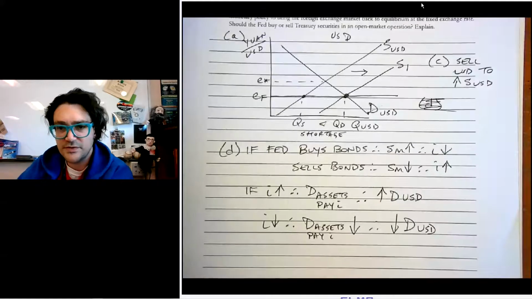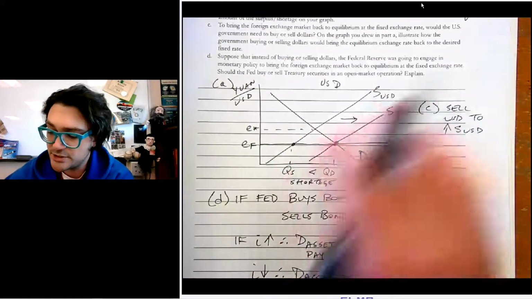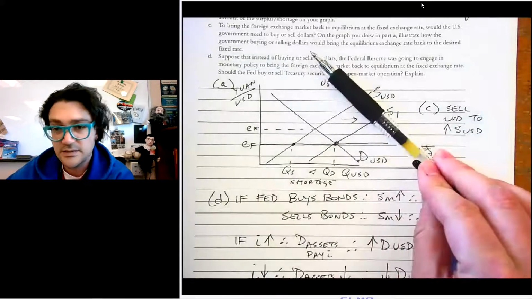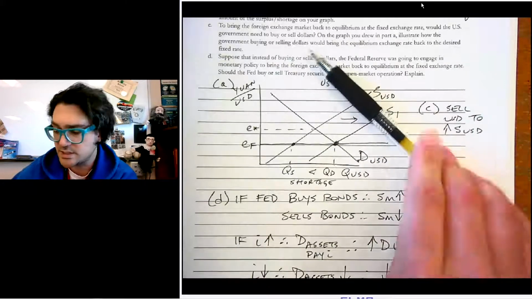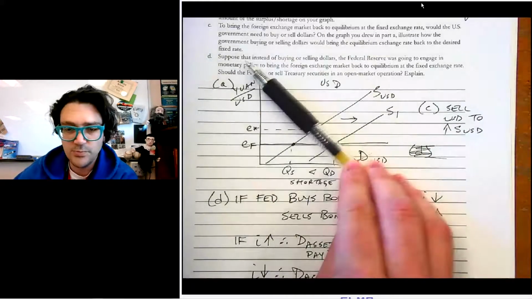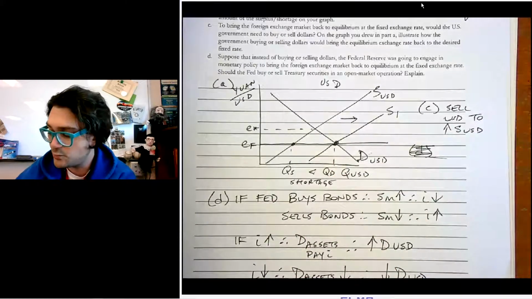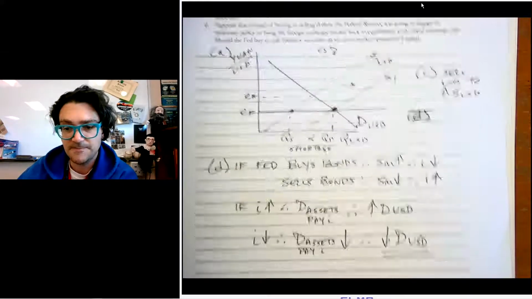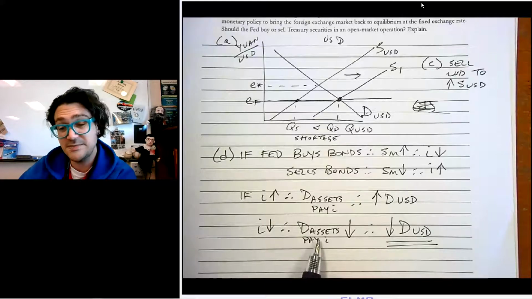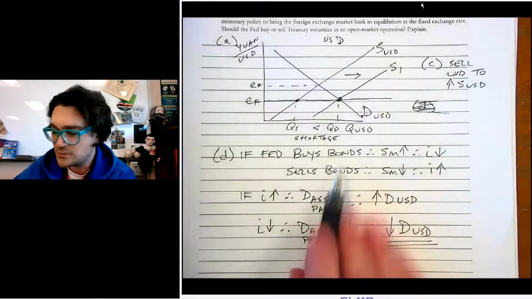And so we're looking at this and asking which of these would solve that initial problem. Imagine that supply curve wasn't there. Well, if we push the demand curve and increase it, then it makes the problem worse. It makes the shortage worse. But if we reduce the demand, then it can solve that problem. If we go right back down to here, it'll solve the issue of the shortage. So we want demand to decrease. Sorry, I underlined that. We want demand to decrease for the US dollar, which means we need the demand for assets to go down, which means we need the interest rate to go down, which means we need to buy